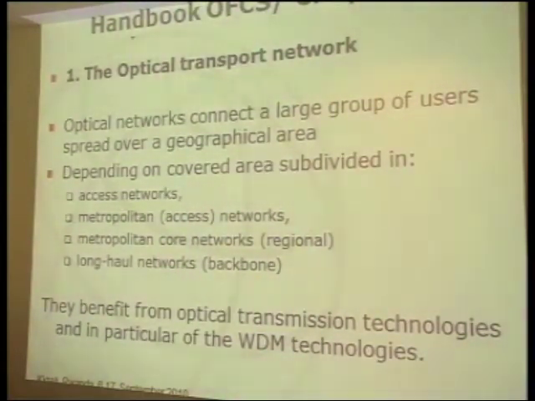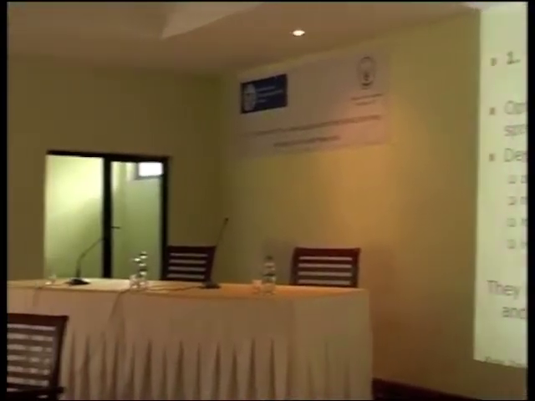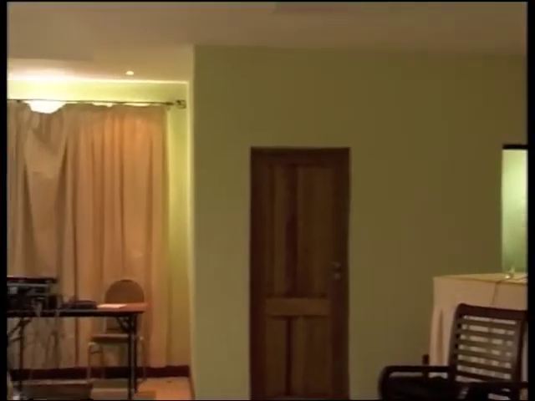The access network is the network where the users, the customers, be they individuals like us staying at home who want to phone or browse the internet, or enterprises needing higher bandwidth for business, for delivering and accessing content at a very high bit rate. This is the access network. The access network is collected by the so-called metropolitan access network, which is the part of the network